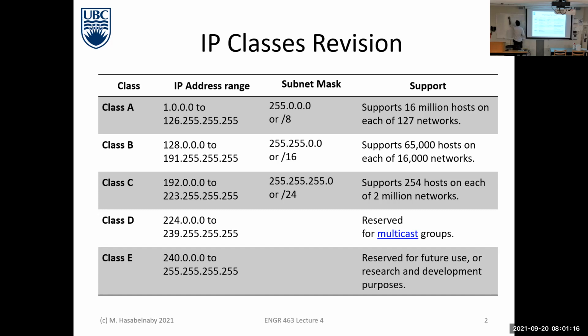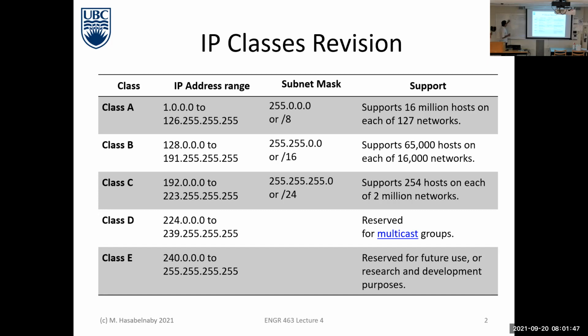Each octet is 8 bits, so the total is 32 bits. In class A, the first octet is assigned to the network part only, and the other 3 octets are allocated to the host part. Okay, so if we want to see the subnet mask for class A,